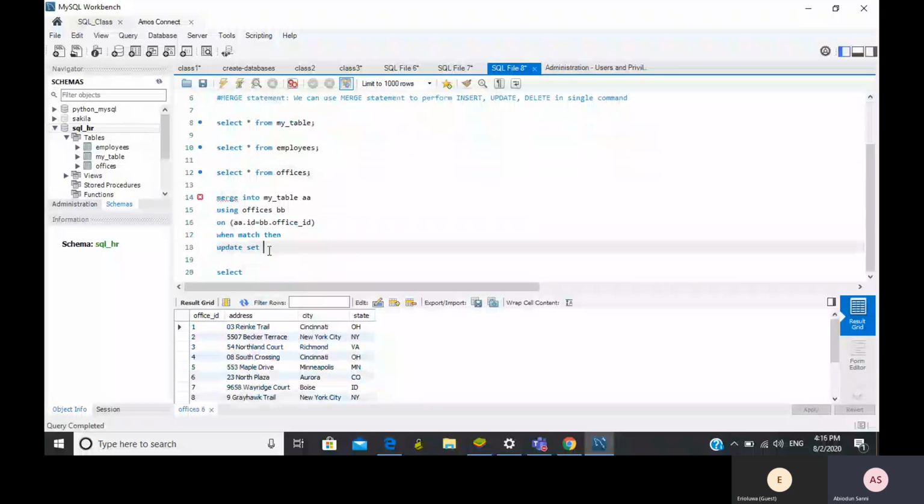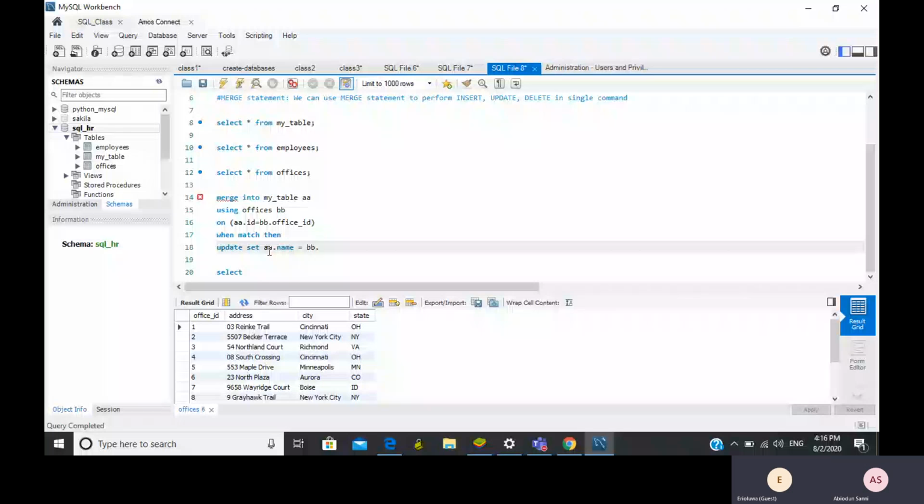Set the name equals to BB dot, let me use city in this case. No, this might not work. I'm just trying it out. So when not matched,